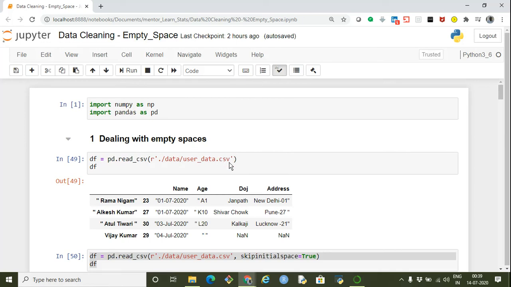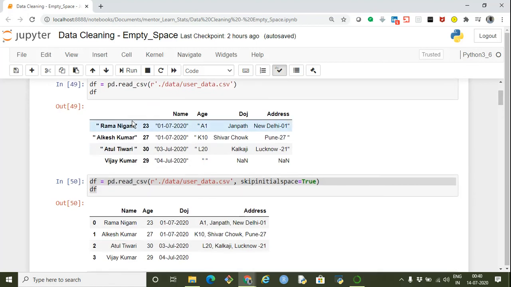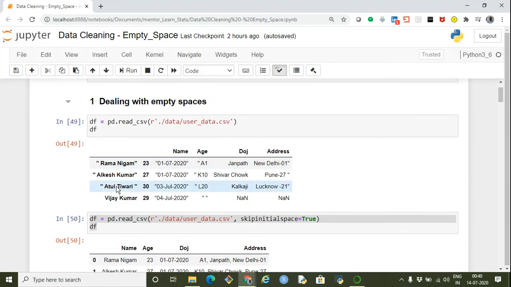Now this file has empty spaces at the start, and what you see after I read this file and display this data frame is that the columns and the values are not coming in a proper order. Name is here, but the name is coming this side. Because this file has some